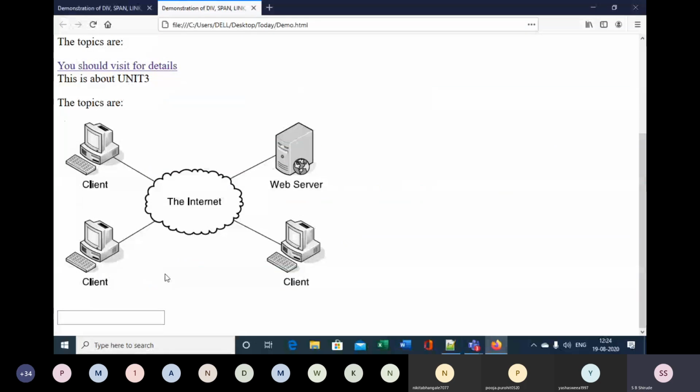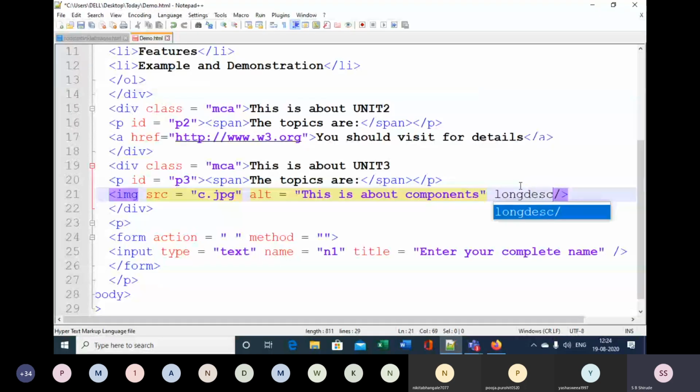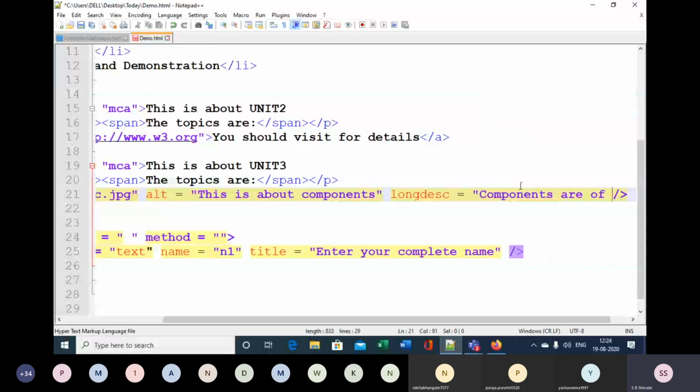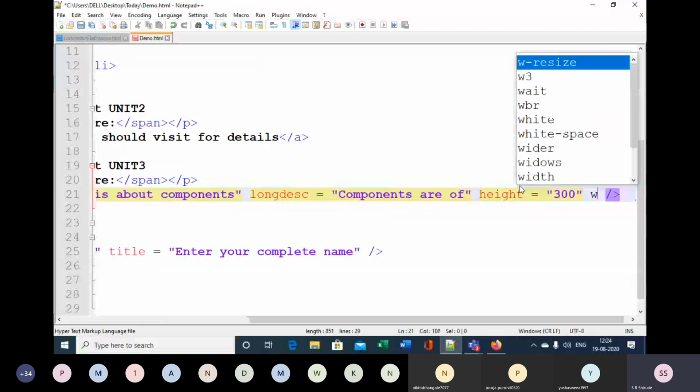Okay, so that way we can insert the image, and then you can specify other attributes such as longdesc. You can give longdesc is equal to "components are...", so you can give a detailed long description over here. Then height, suppose I'm giving 300, and width suppose 400.